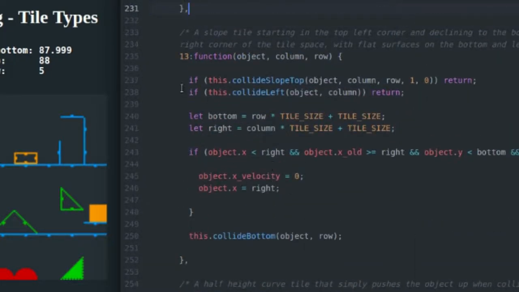And as you can see, it's got a little bit more than just your basic functions in it. It has some specific tile functions inside of it. So basically this is just a composition of collide slope top, which I just showed you, collide left for the left side, and collide bottom for the bottom side. And also I have to account for the situation where I'm entering into the tile and this has to block me. This bottom right corner of the tile has to block me. So if I take this code out,